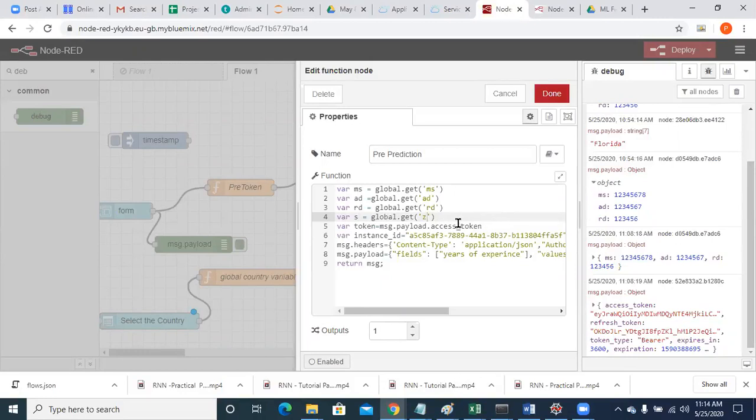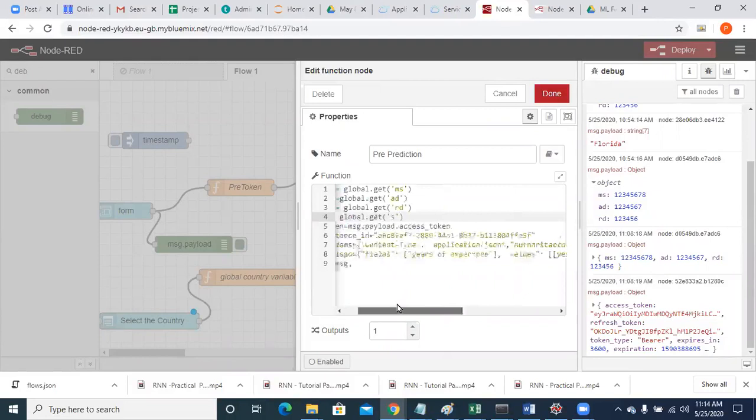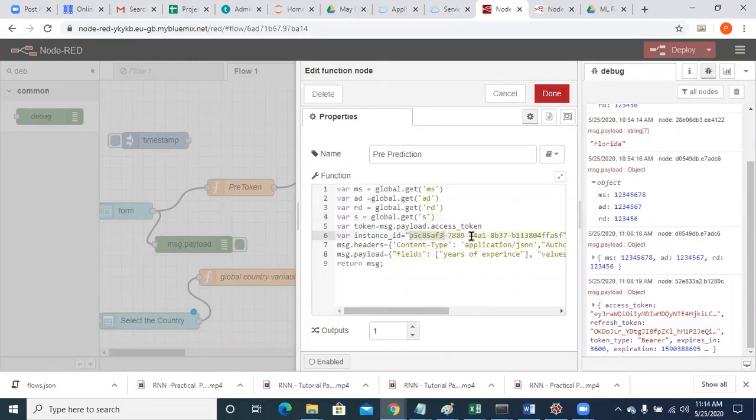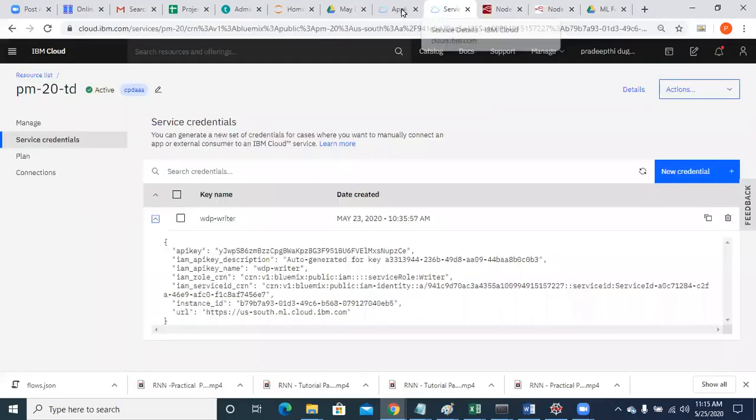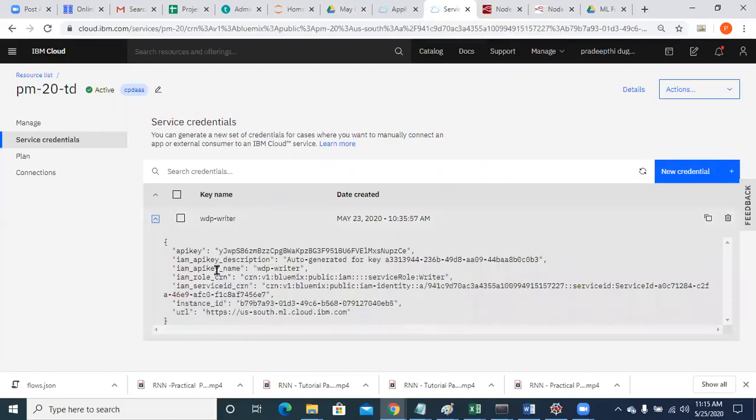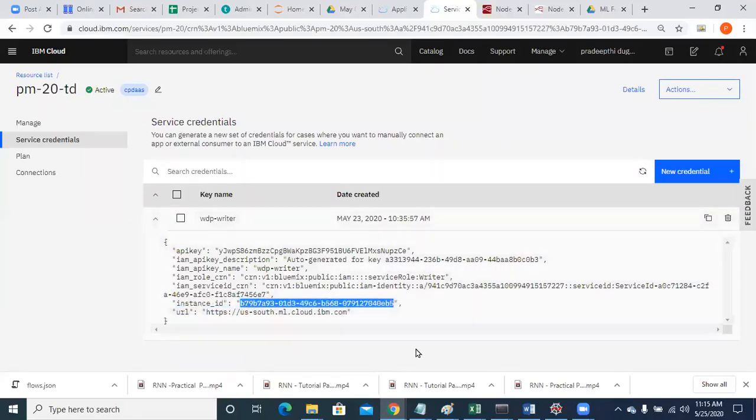Along with the access token, with the help of the machine learning instance ID. This instance ID, again, you'll be getting from your service credentials. Here you will have your instance ID. Copy the instance ID.